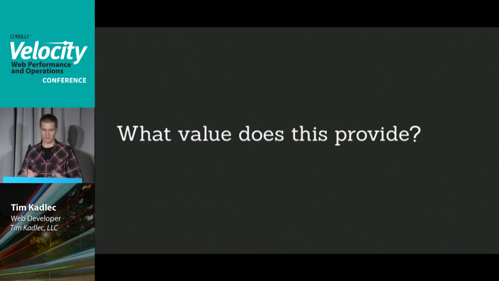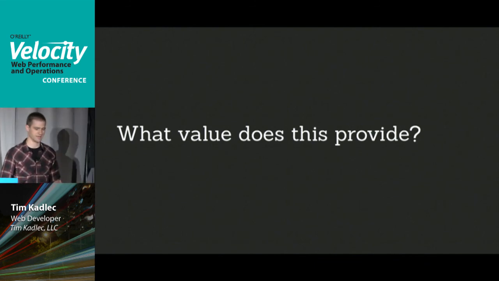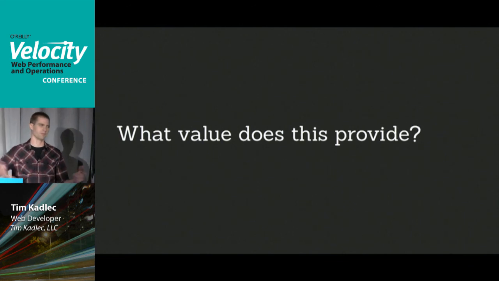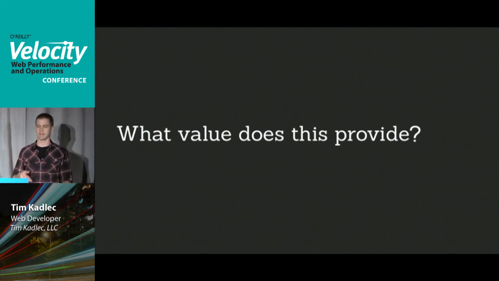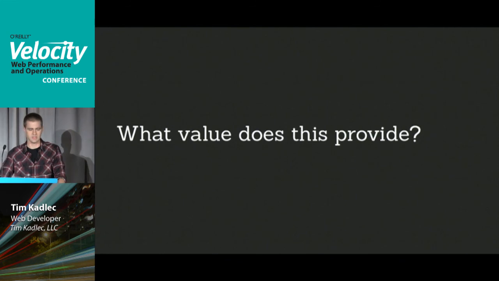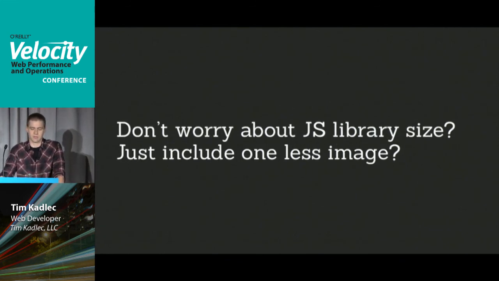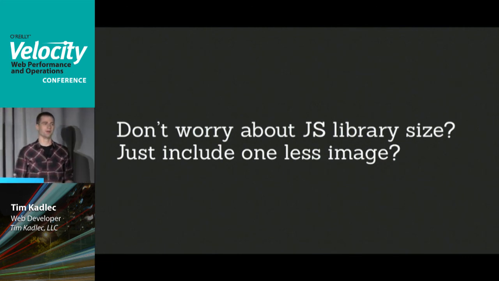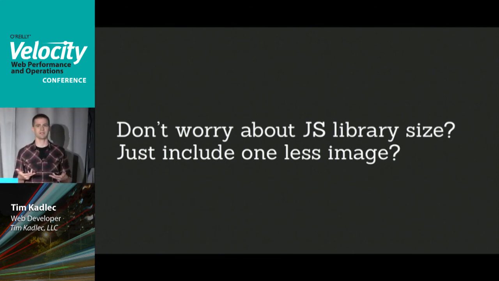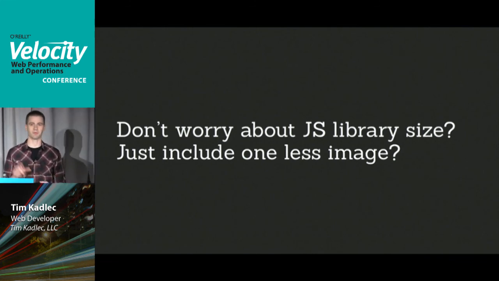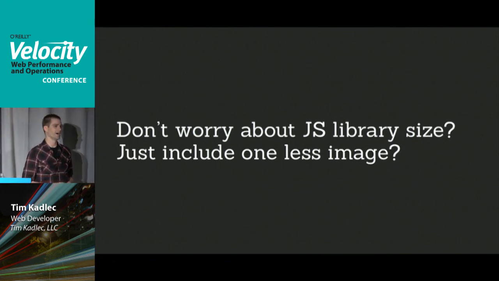And then just one little segue. At one conference, somebody tweeted something to the extent, I think on the stage, they were talking about JavaScript libraries, and I think they were probably doing the Zepto jQuery debate, because that happens a lot. So he tweeted, instead of worrying about JavaScript library size, just include one less image on your page. Which, all right, there's some truth in that. The point he was making was that people were really focusing on this when there were bigger fish to fry. But unfortunately, as tweets tend to happen with 140 characters, go figure, people kind of took it